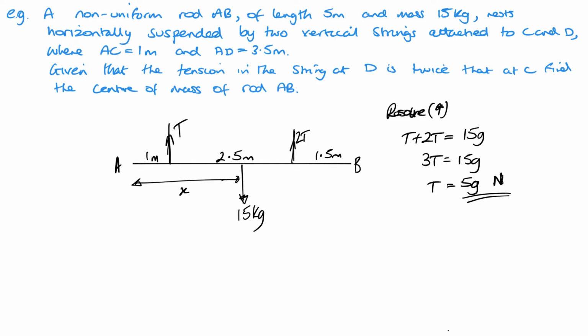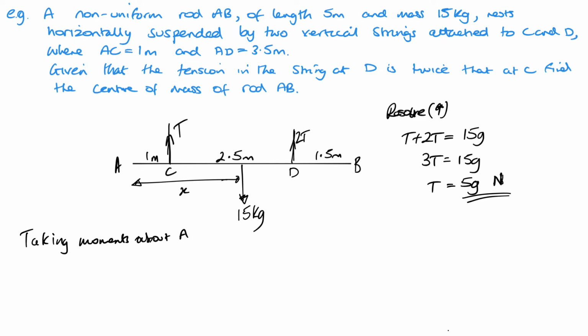Now I can essentially resolve again, or take moments about any point on here. So I could take moments about, say, C or D, or A or B. Those are the ones that obviously make sense. Doing it at C would eliminate one of my tensions, possibly making things a little bit easier. But I'm going to take it about A, as I've set this distance here as x from A. So I want to state that taking moments about